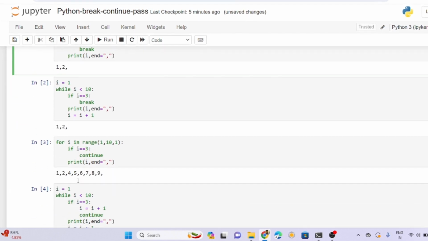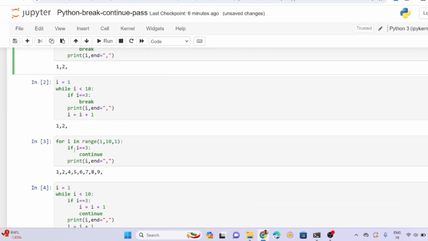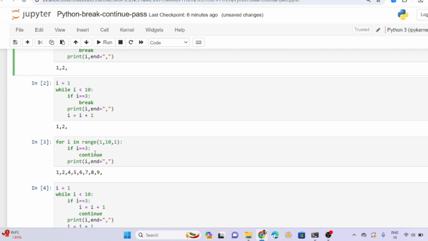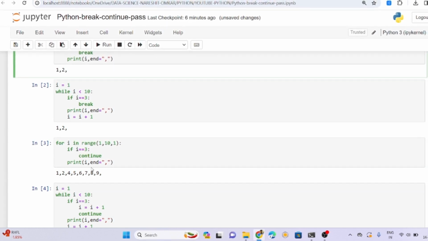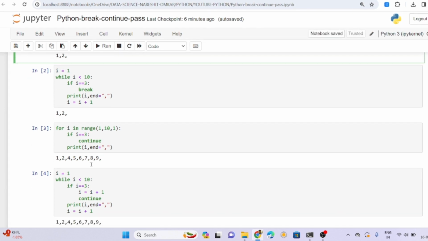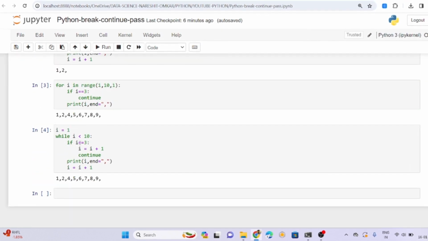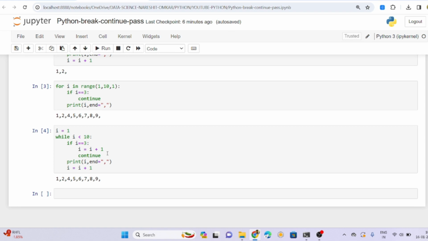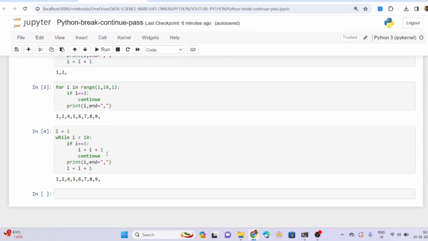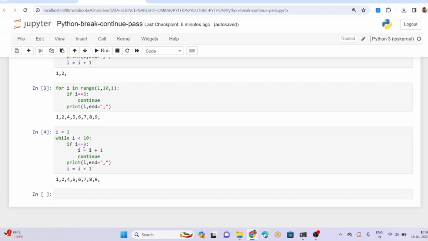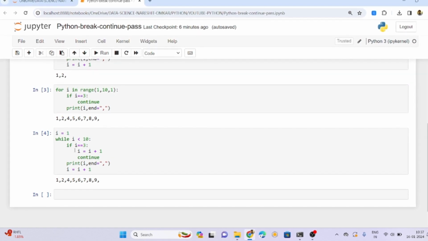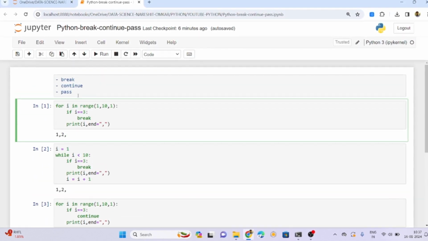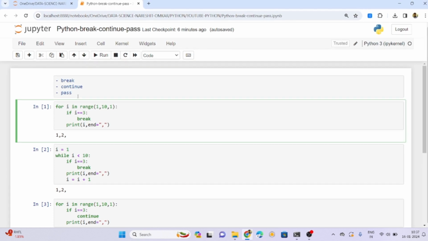Continue goes to the particular iteration, skips, doesn't do anything, goes back, and the rest of the things it will execute. Even in this case, i is equal to 3, we are incrementing but not performing any other things. So the basic thing is we need to add i is equal to i plus 1 and continue. So this is continue and break with respect to the for loop and while loop.